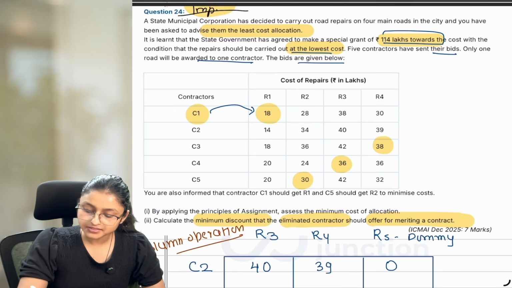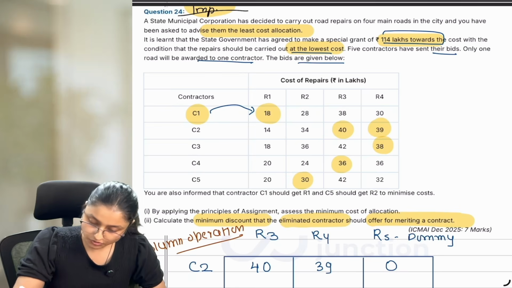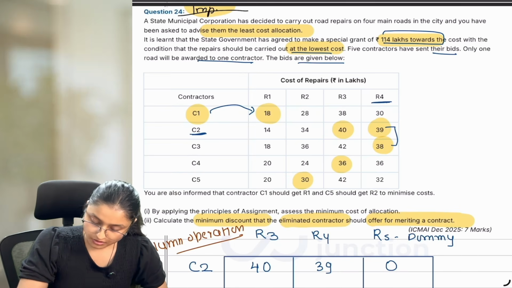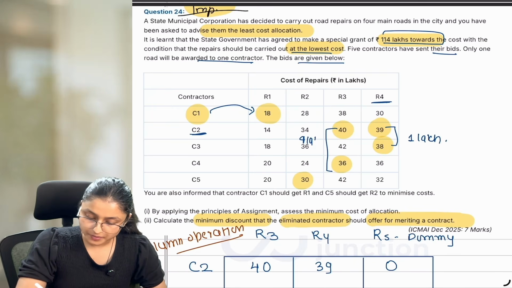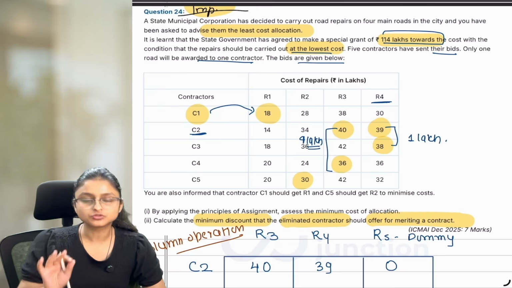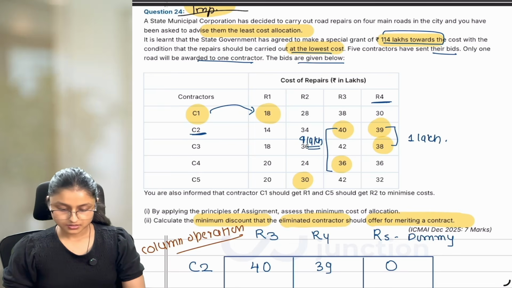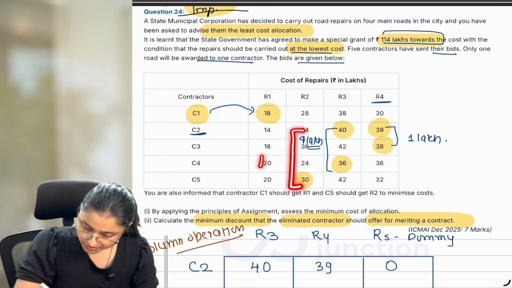If I give R3 to C2, the cost is 42. If I give R4 to C2, the cost is 39. So out of these two, if C2 wants R4, then it has to reduce cost by 1 lakh. If C2 wants R3, then the cost of C2 should reduce by 4 lakh rupees. Then only we can give him R3. Okay? Now, there can be scenarios for this situation also that 4 lakh should be reduced, then we can give